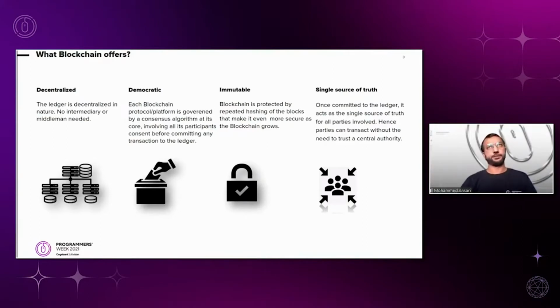It is democratic in nature. Whenever something is going to be written to the database, it is going to be written with everybody's consensus in place, everybody's voting in place, just the way it happens in a real democracy in real life. You vote, and the collective decision of all the people, where the majority goes, is taken into consideration. That's the same thing that happens when something is committed to a blockchain database. Now, blockchain is immutable. What it means is, once something is written to blockchain, it cannot be altered deliberately or by a bad player.